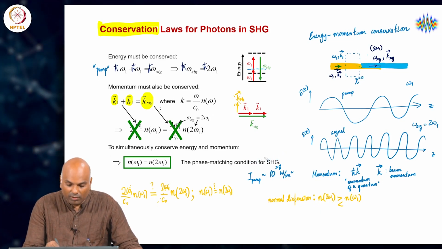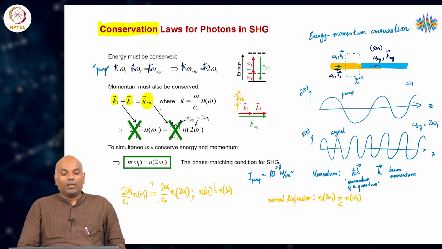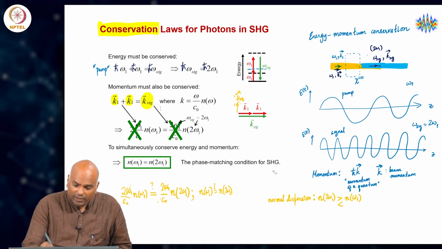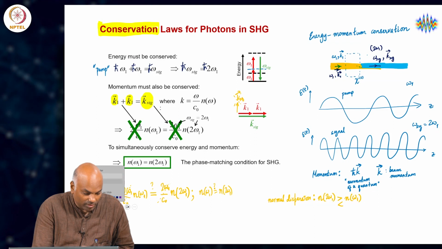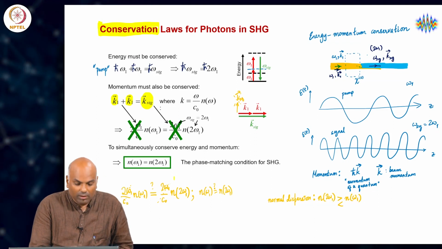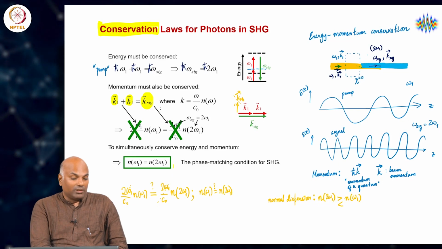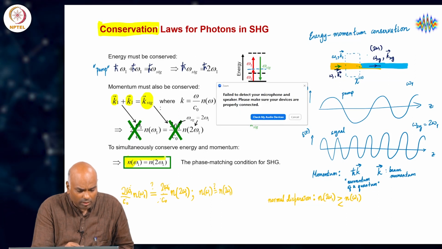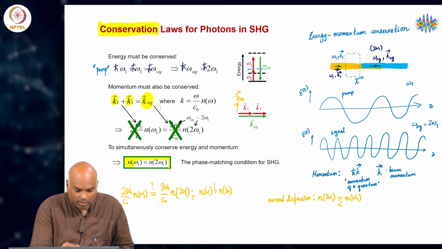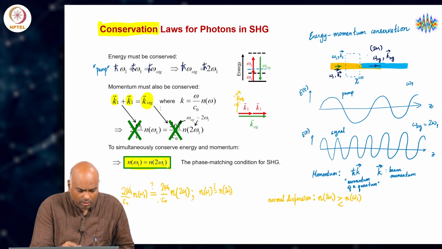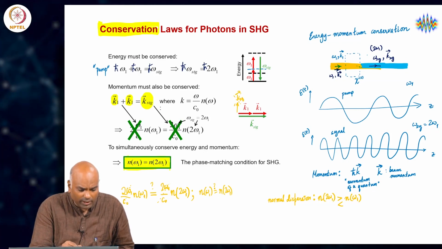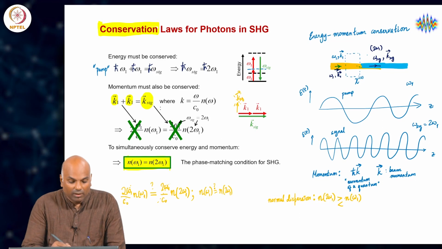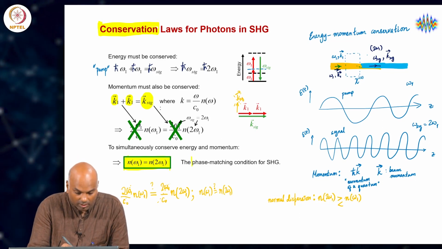So, for the case of second harmonic generation, if I magically or otherwise ensure that this hallowed condition, n at omega 1 is equal to n at twice omega 1, then we would be set to have accomplished